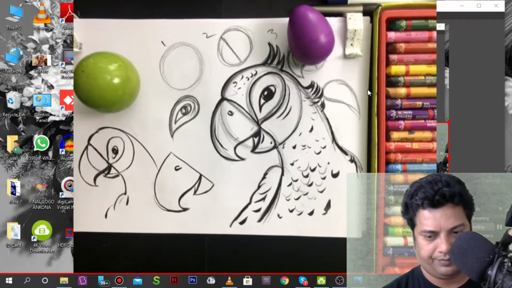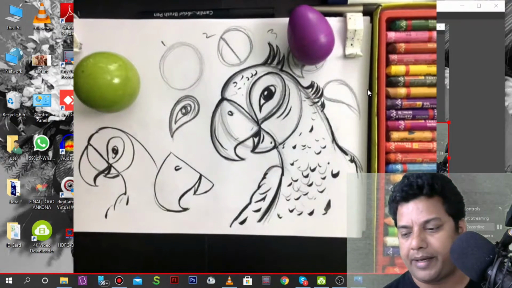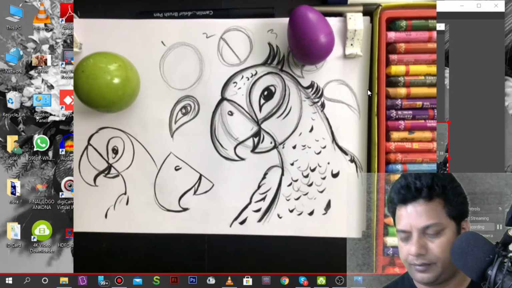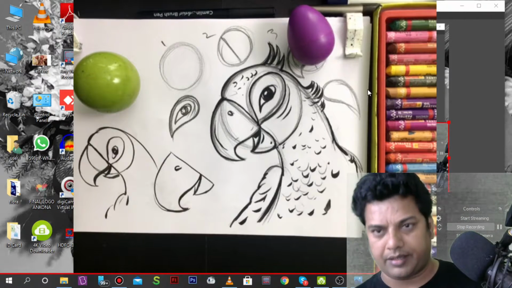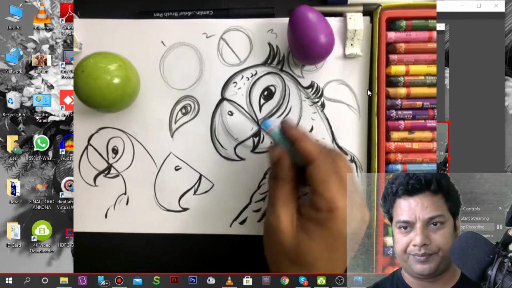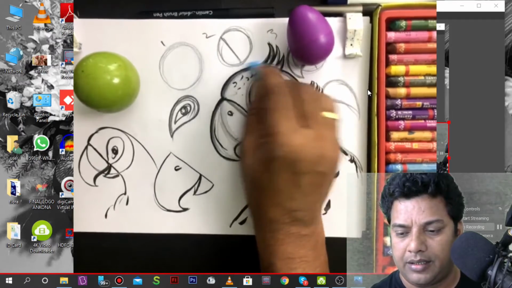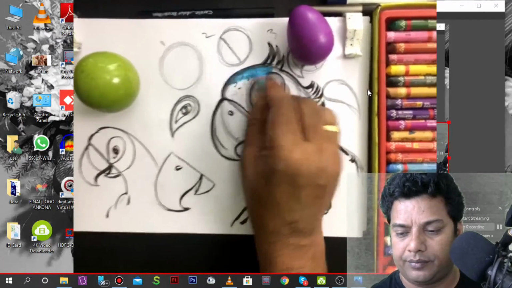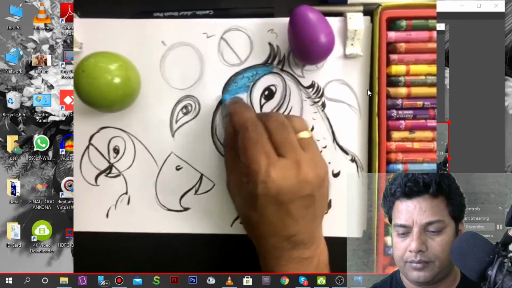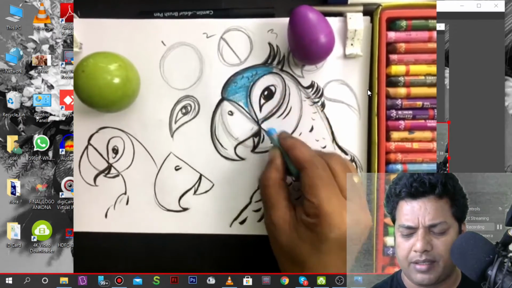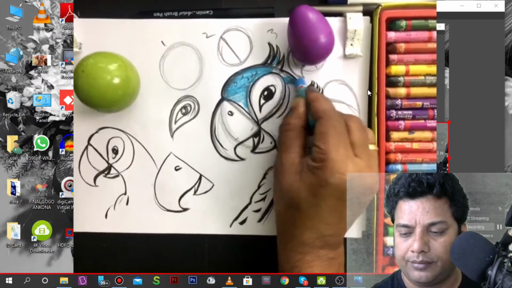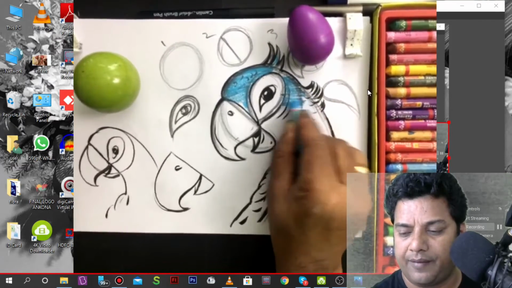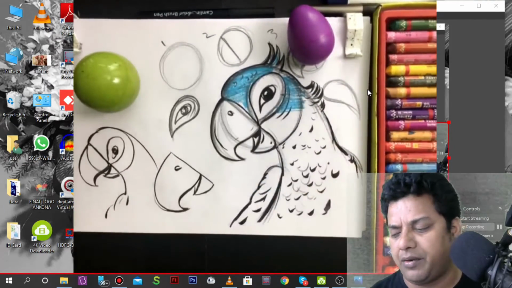Okay, so we are making this. I color it now. Okay, we are creating this sky blue. I'm using sky blue over here. Okay, I did not directly use the cobalt blue.